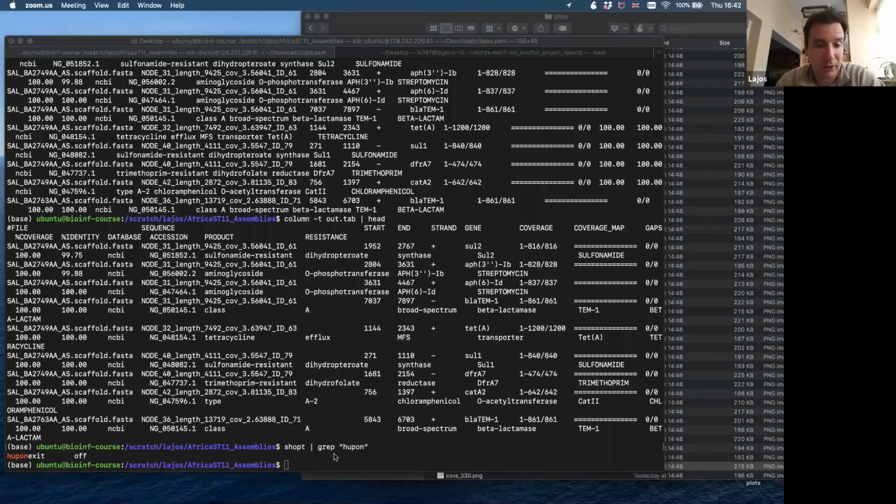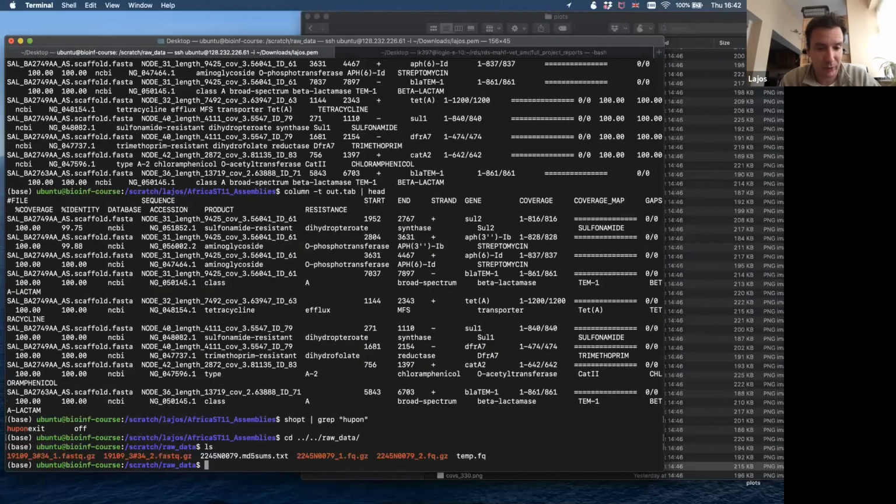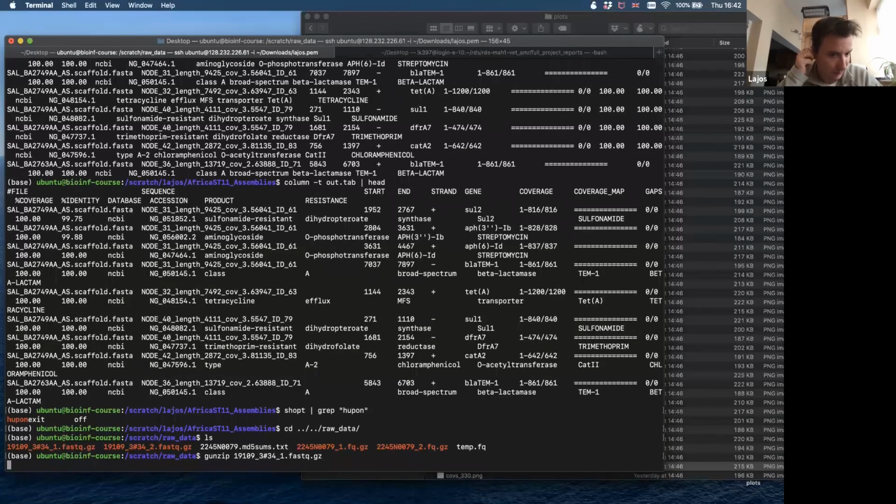So it's usually much better, and you always have to be very careful. I don't know if you remember when we spoke about this. Let me just quickly show you. If you look into a FASTQ file, do we have a non-zipped one? No. Let me just quickly unzip this one. So if you just look at the first 10 lines of a FASTQ file,